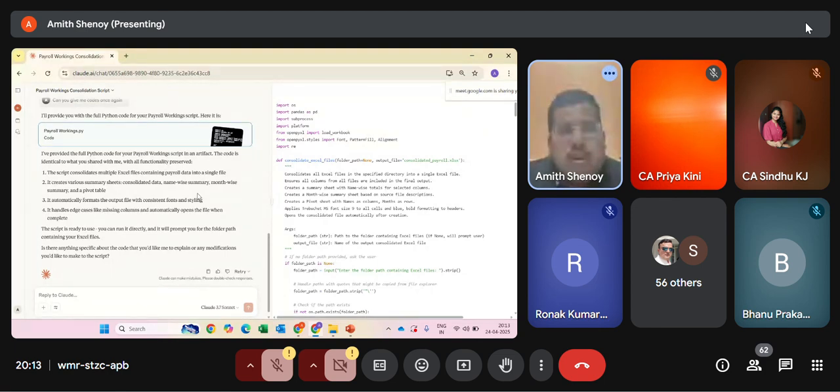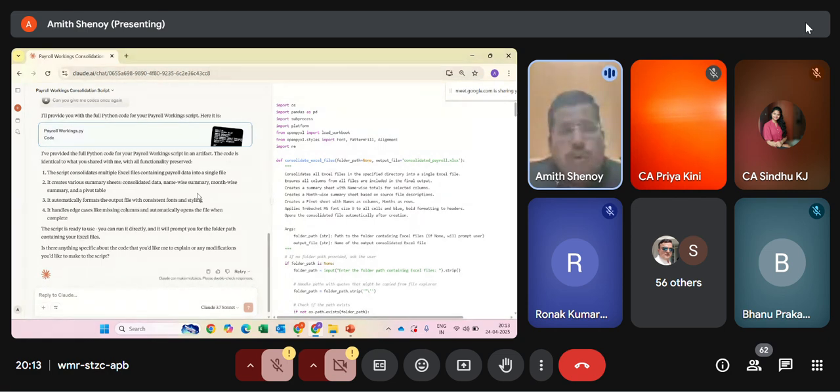Suppose what will happen, in April month's payroll, heading in column A can be employee name. Next month, heading A can be blank, or your content may directly start from C. So you may have inconsistent data fields. All these headaches, all these issues, GPT, your Python code will solve, and it will help you to consolidate the payroll.